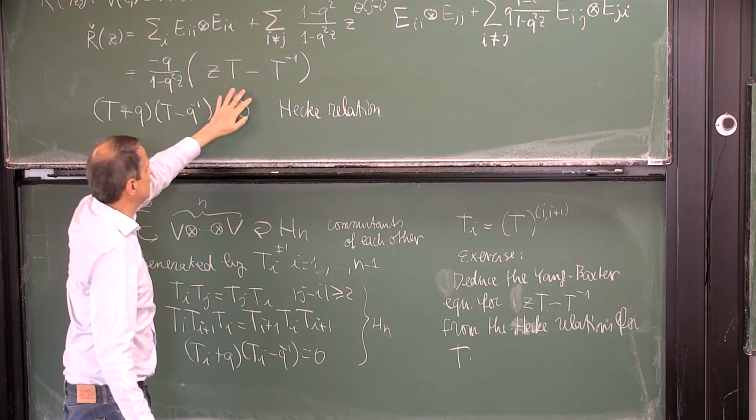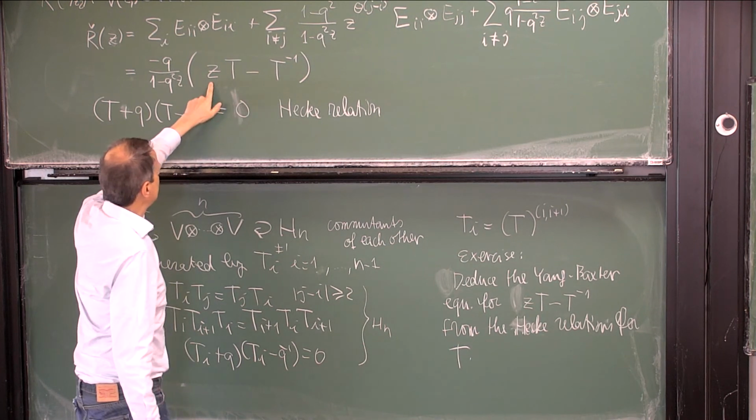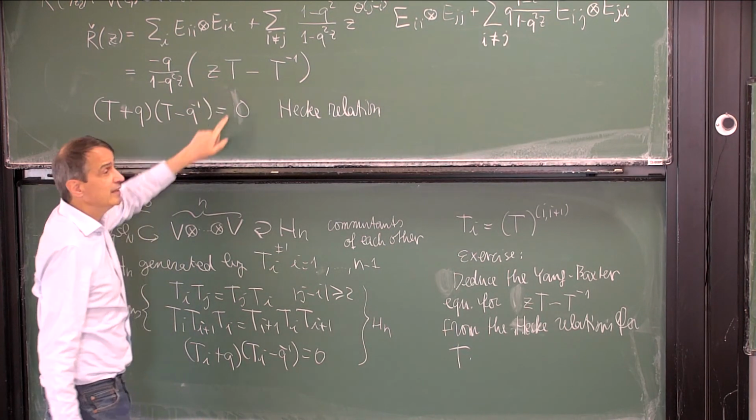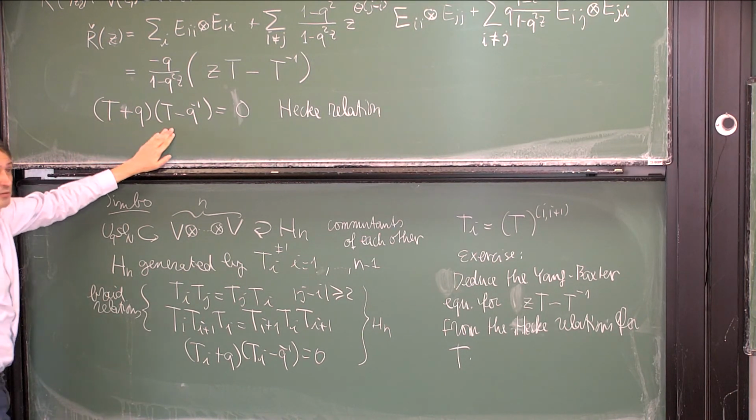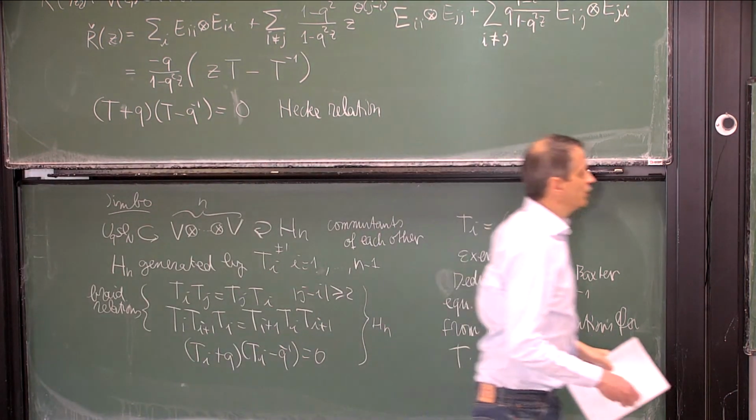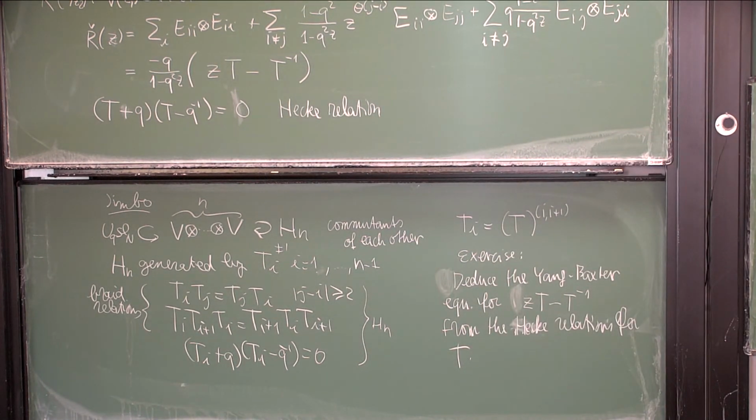This can also be seen from here, because for special values of Z, this will be a projection onto the eigenspaces of the two eigenvalues. So the story,